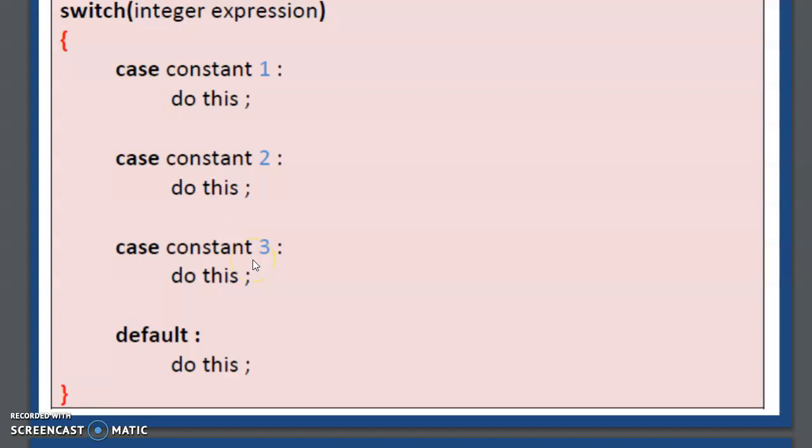Now suppose I had written switch 7. You can see that none of the cases match with 7. Like it is case 1, case 2, case 3. There is no case 7. So in that case, whatever set of statements are within the default would get executed.